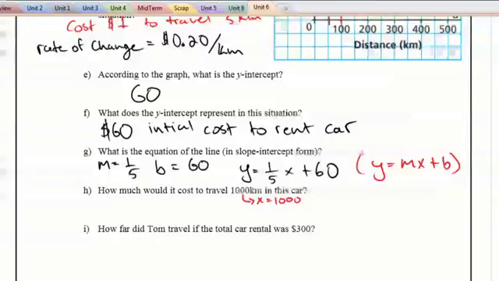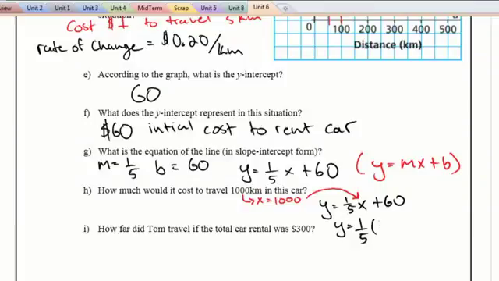So you have your equation: y is 1 over 5x plus 60. And now we're putting x is 1,000 into the equation and solving for y, or the cost. So we get y is 1 over 5 times 1,000 plus 60. 1,000 divided by 5 should give us 200, plus the initial cost of 60. So in this case, it costs us $260